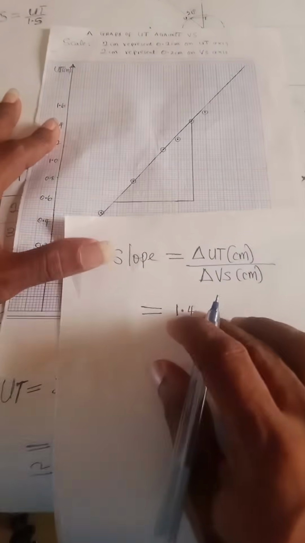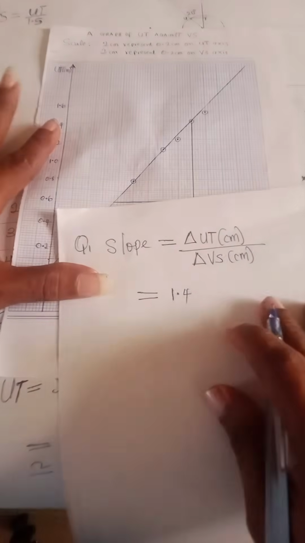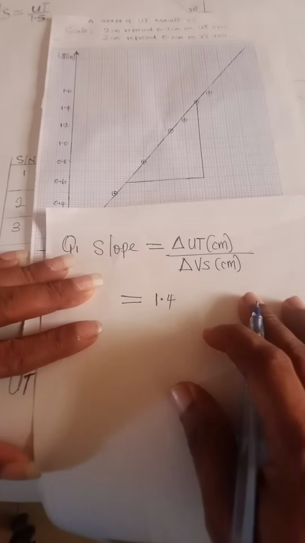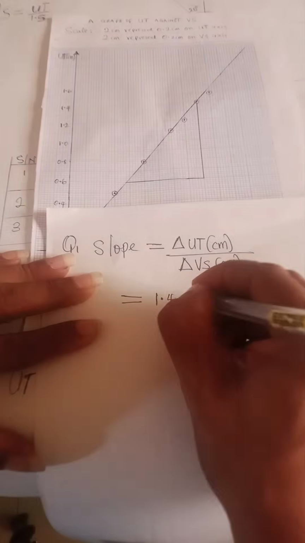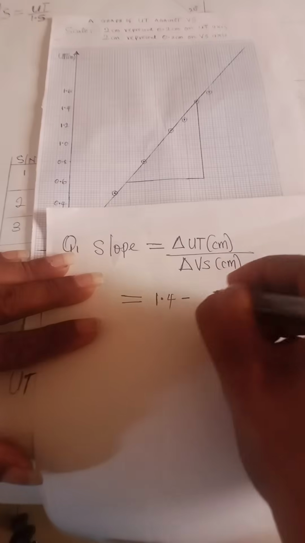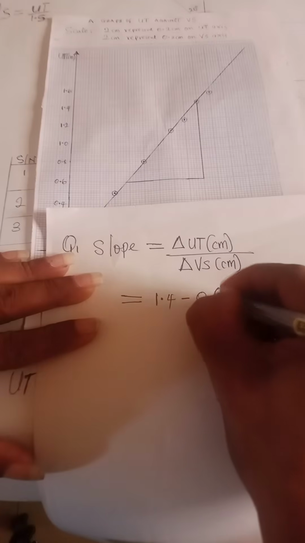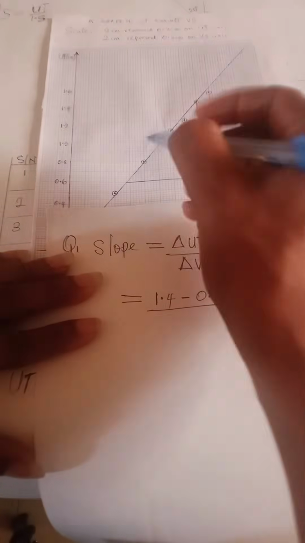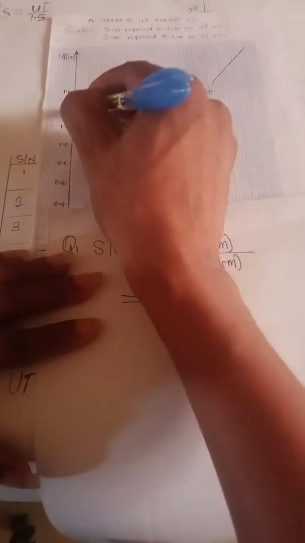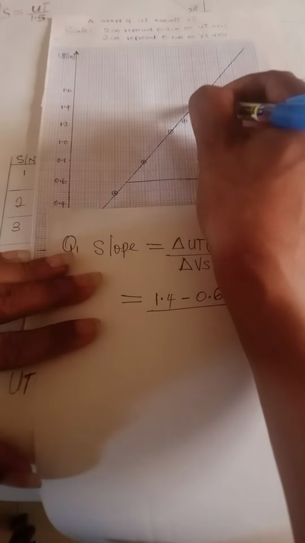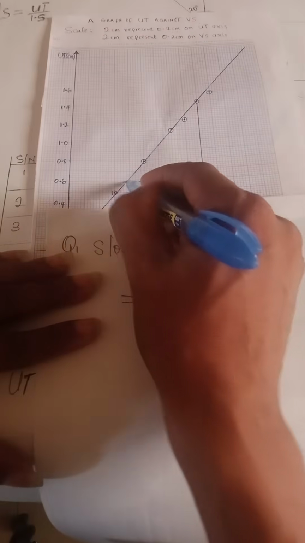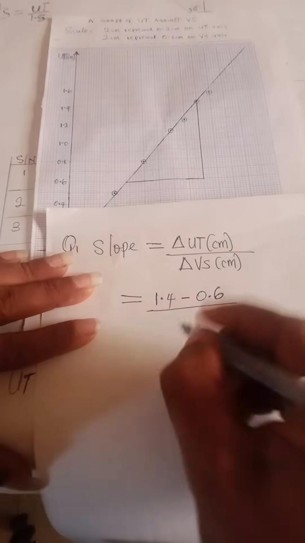The slope is going to give me, let me position it in a way that you understand it. This is 1.4 minus 0.6. If you trace this like this, if you dot this line, you see it. This is 1.4. And this one is what? Check it. 0.6. So divided by,